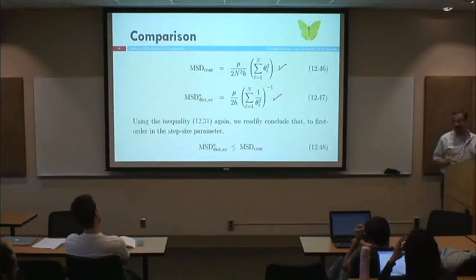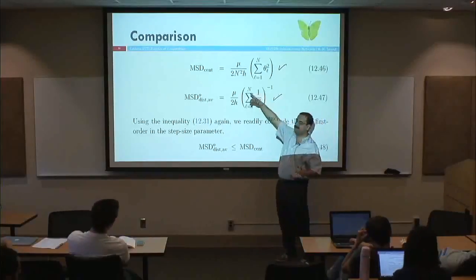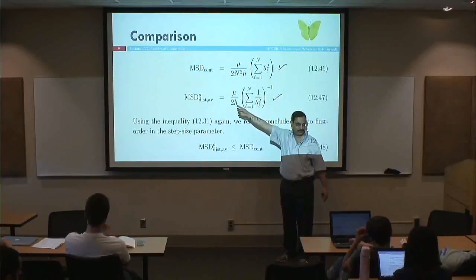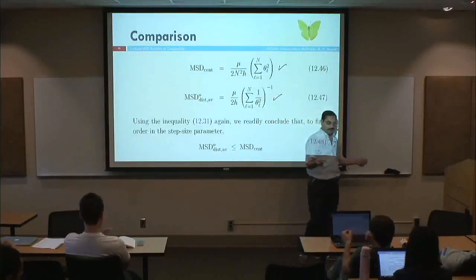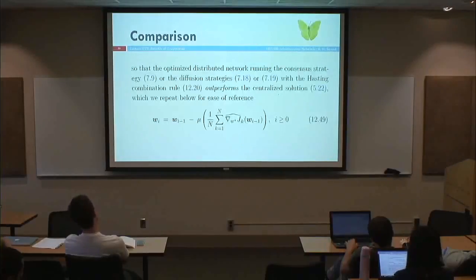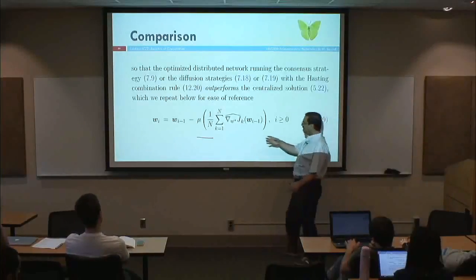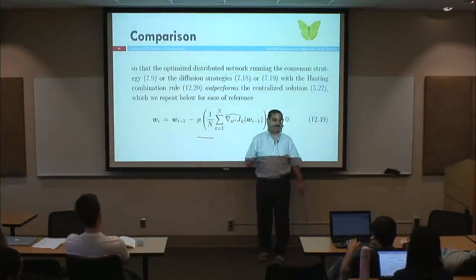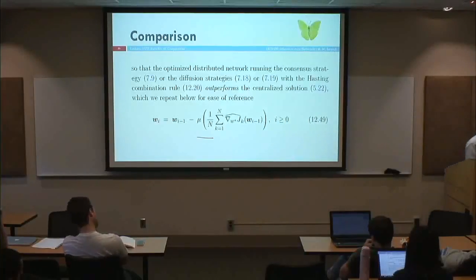The question now, can I modify the centralized solution in order to match the performance of the best distributed solution? And the answer is yes, give it this additional information. How? So this is what you can do. This is the distributed solution we used before, correct? In this distributed solution, you are giving the same weight 1 over n to each gradient vector, right? If you modify it